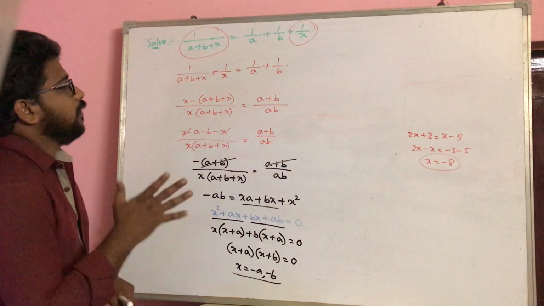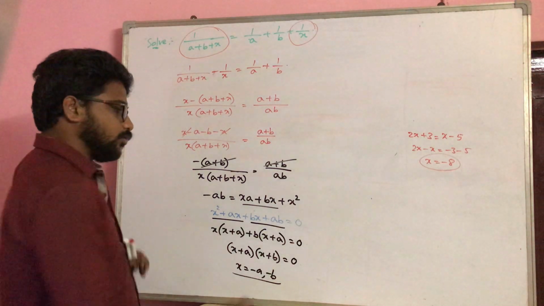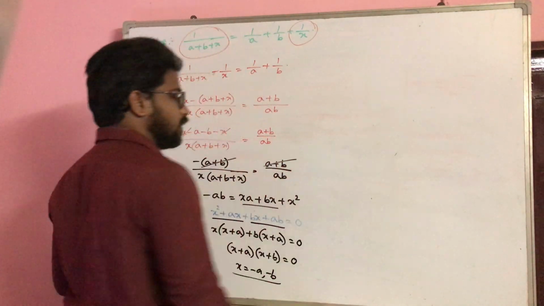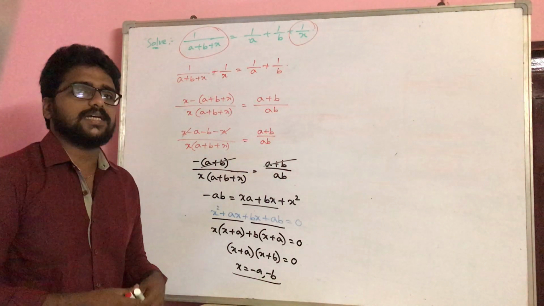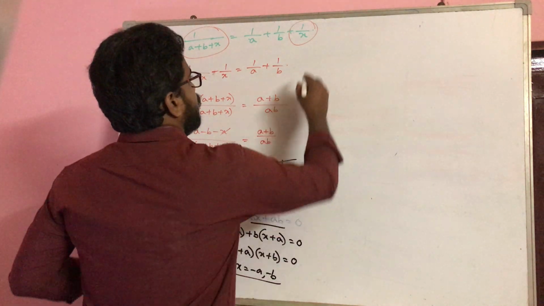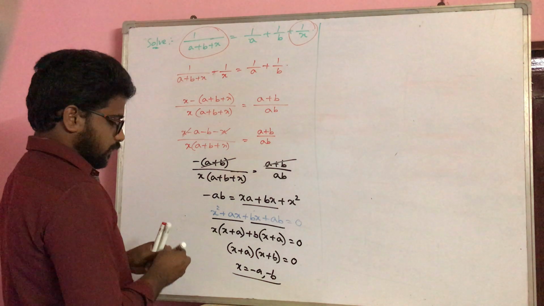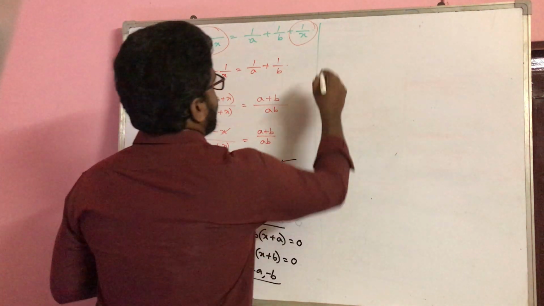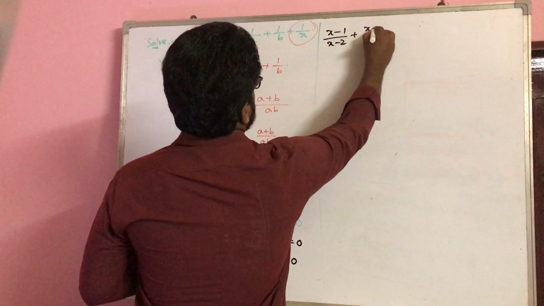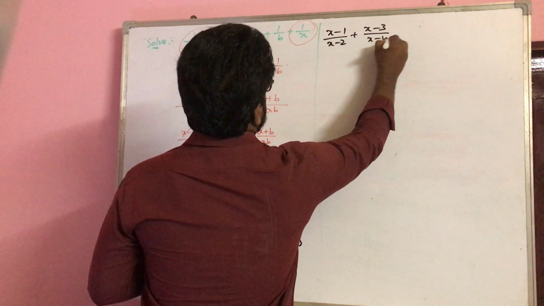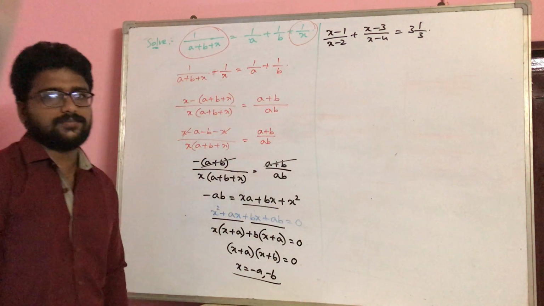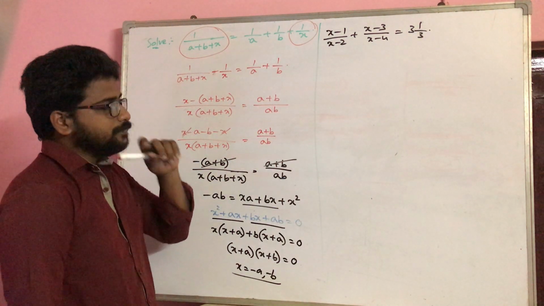Okay. Now let us solve only one more question and then we will end the class, and in the next class we will see the remaining important models as far as quadratic equations are concerned, right? So here, for example, if I take another question like this: x minus 1 by (x minus 2), minus 3 by (x minus 4), is equal to 3 1 by 3. If this is the question, okay.